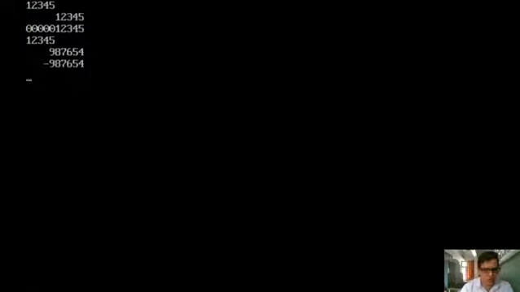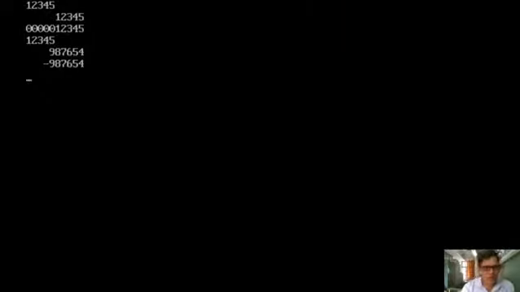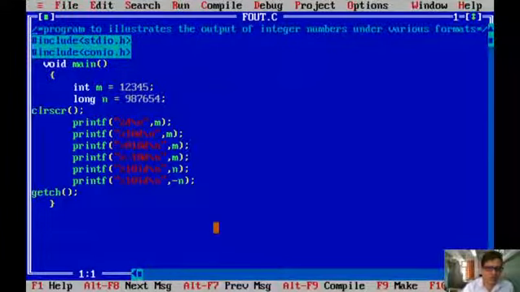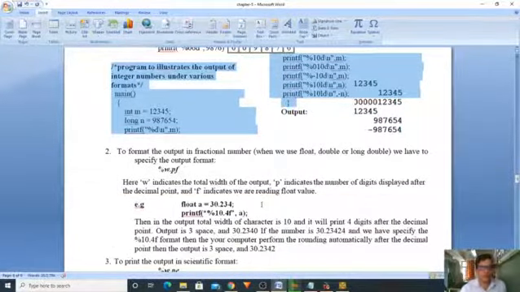Okay, here also %010d we have mentioned. So 010d means whatever blank spaces exist will be filled with 0. Here minus 10d is given, so it will be left aligned. Likewise your value will be displayed here. Yes, and now I'm moving to the next topic, that is %w.pf output.